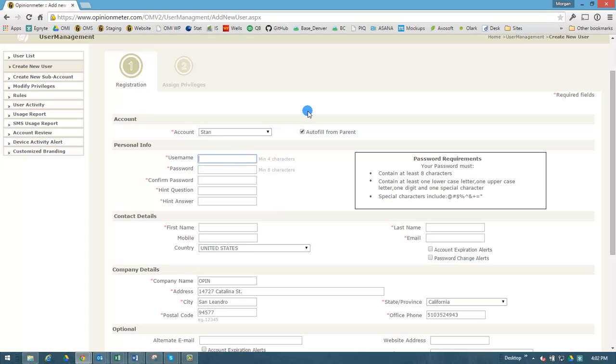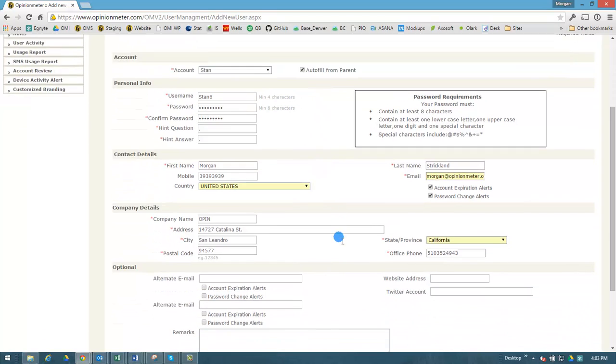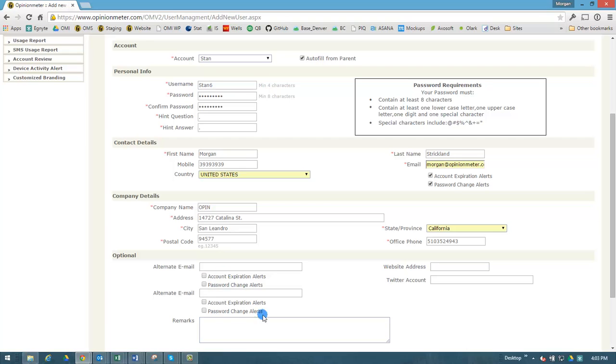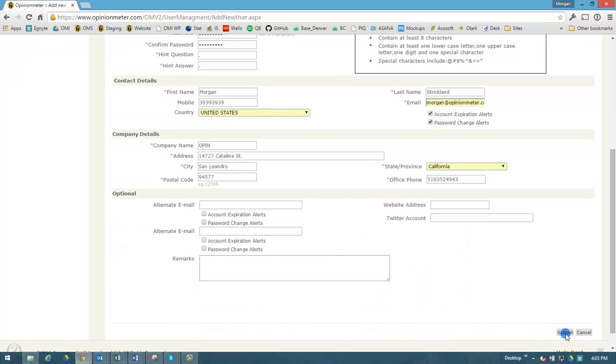And let me just go through this. I'm just going to call this Stan 6 and add a password. And I'm just going to put in a decimal for the hint. Answer question, first name. Now this is unique, obviously, so I'm going to add my contact details, a phone number and an email address. Okay, so that's really the only unique things you need to put in when you're using the autofill from parent feature. Everything else is autofilled for you. You can add these optional features if you wish. So now when I submit,